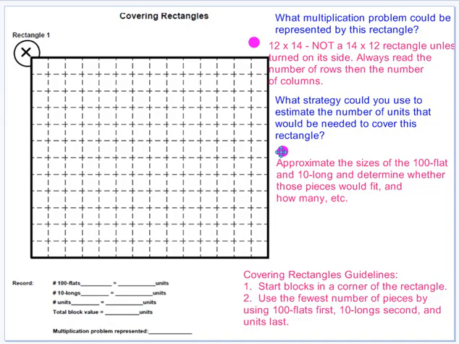So your covering rectangles guidelines: start blocks in a corner of the rectangle. So you don't want to throw the blocks right in the middle. You want to put them in a corner. So you could start up in this corner, or this corner, or this corner, or this corner. Just don't start in the middle, okay? Use the fewest number of pieces by using 100 flats first, 10 longs second, and units last. So with this particular rectangle,